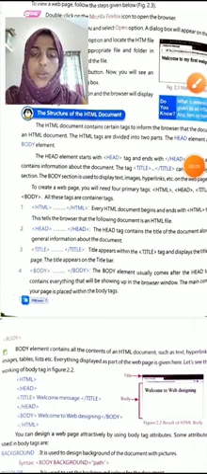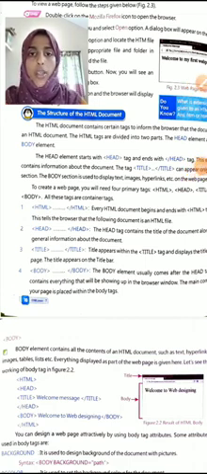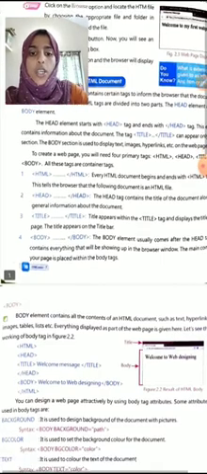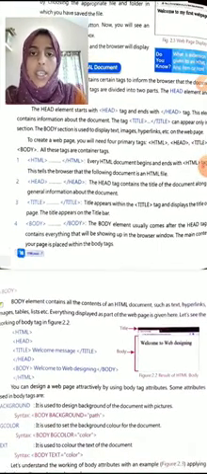Dear student, today we are going to study about the basic structure of an HTML document. Every HTML program contains four essential tags. The first one is <html> and </html>. It is the first element of a web page. That is, every program starts with an <html> tag and ends with a </html> tag, and it indicates to the web browser that the page is an HTML document.